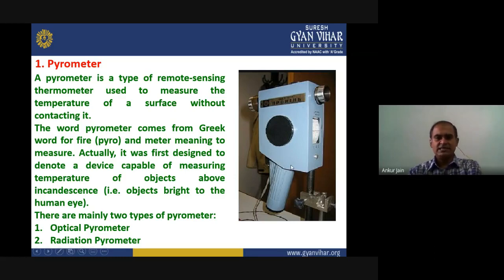Here in this picture, you can see the device which was developed long back. If you consider today's pyrometers also, these days we are going through corona, right? For the measurement of temperature in each mall, in each crowded place, you can see a person holding this kind of instrument, and that is actually a kind of pyrometer, without touching, although the principle is slightly different from the conventional one. Today's devices use some infrared signal and laser light. So the principle is slightly different, but the purpose is the same.